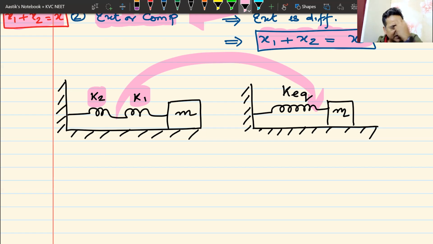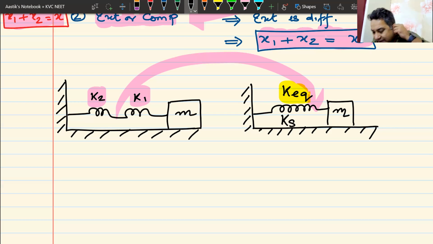So now, since I've understood how this spring works, I've understood that displacements are different, but the force is same. Keeping that in mind, I can remove these two springs and imagine only one spring in place of those 2 or 3 or 4 springs. And now this spring has a different spring constant. We call it K equivalent. I can also call it K series. So Ks or K series. Spring constant of the series spring. Or in place of 2 springs, I put 1 spring. The spring constant of that spring, K series.